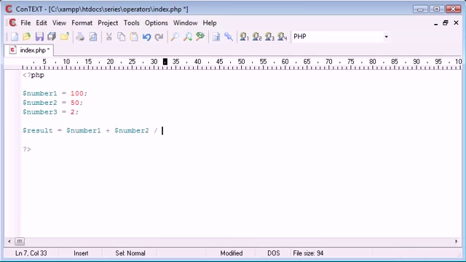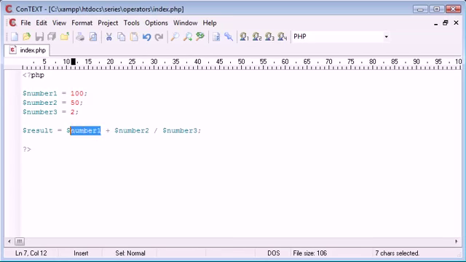So all I can do is say divide number 3. So what this is actually reading out as is 100, because our variable number 1 is equal to 100, added to number 2, so our variable number 2 is equal to 50, and we're going to divide this by variable number 3, which is equal to 2. Now in actual fact, the way this program or this result is going to work is it's going to perform this that I've selected in blue first,